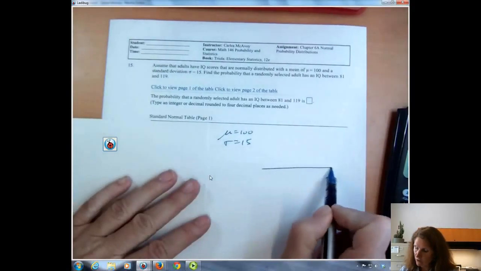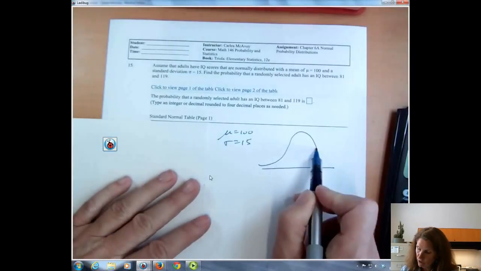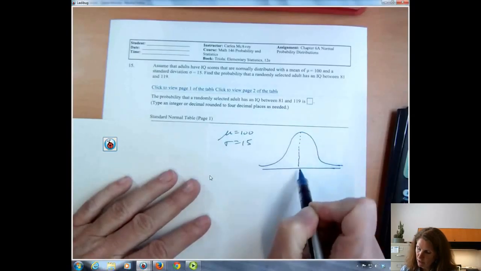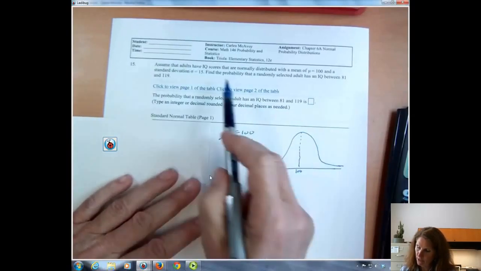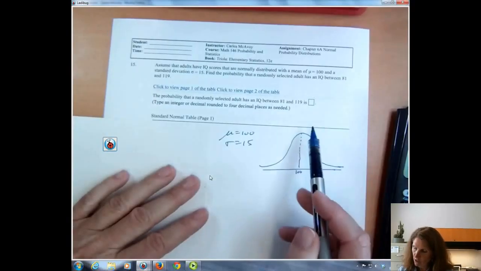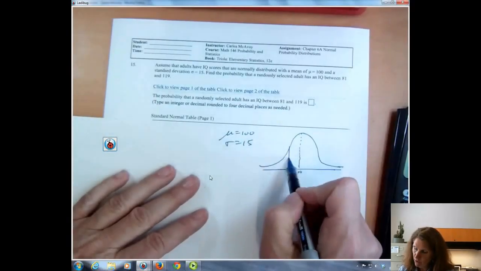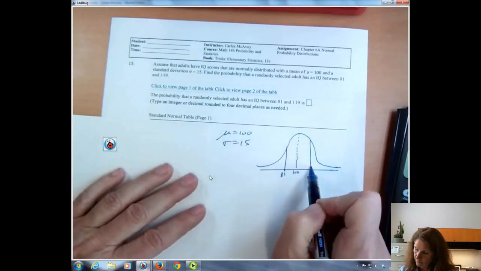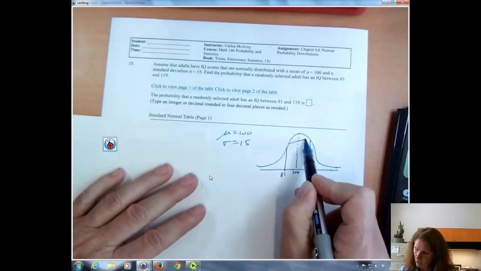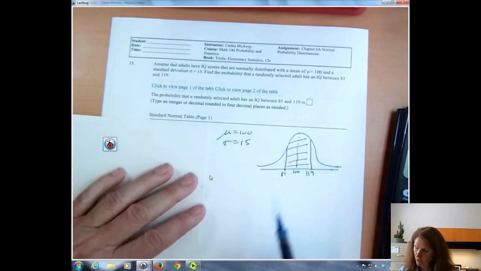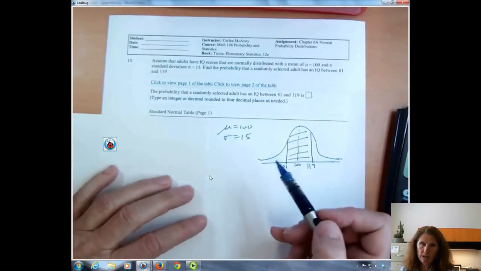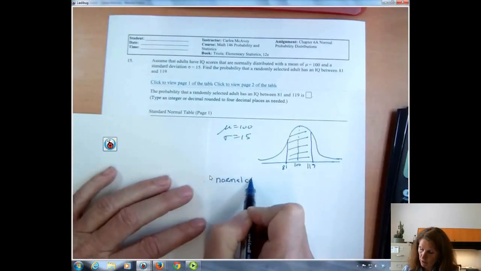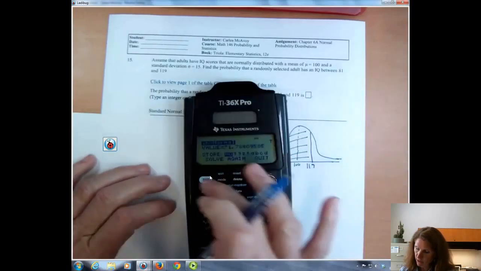Draw the picture. It's really useful to draw a picture and see what you're talking about. So if my mean in the middle is 100, then what would it be between 81 and 119? I'm looking for this area right in here. And if I want to find an area, I use Normal Cdf. So second function data,